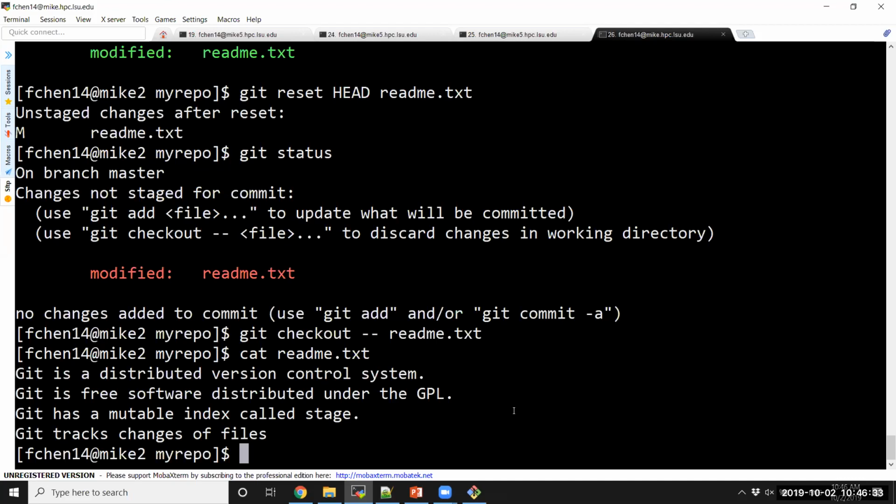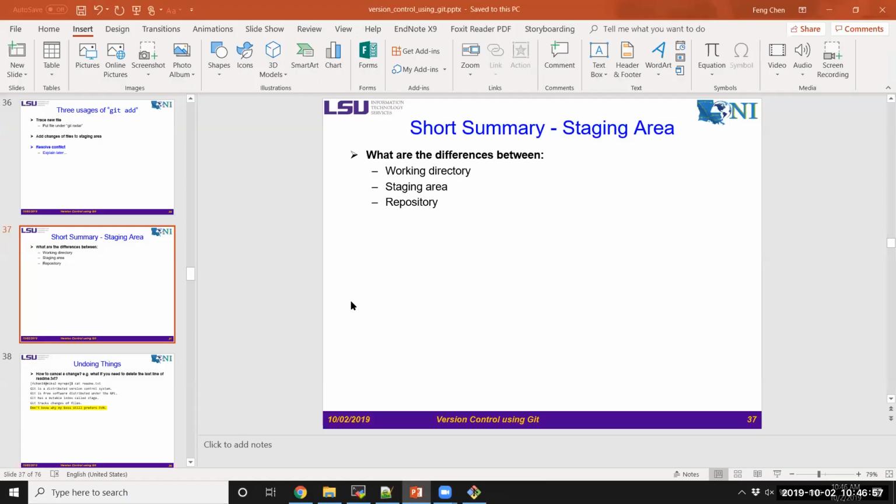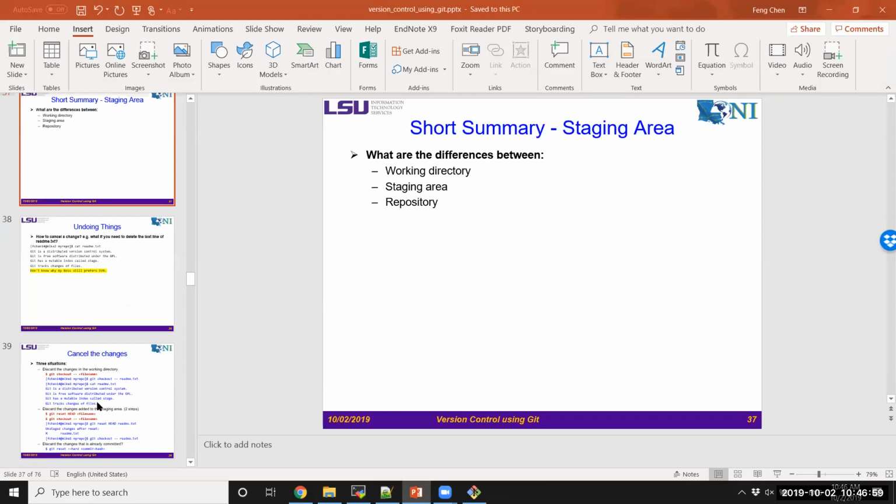To keep your job safe. We are running a little bit out of time, so I want to skip the delete file and the rename file. These are very easy operations and you should be able to do that by yourself, by following the slides. I want to do a short summary